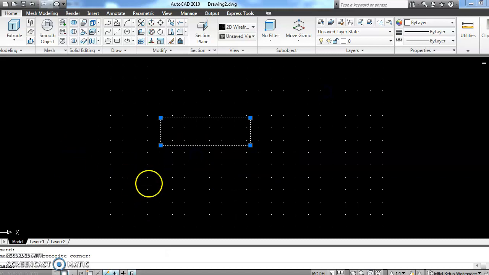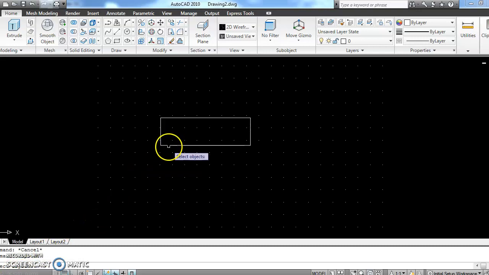That is, if I select this part of the line, I want only this part of the line to be selected. So how do I do that? For that, I use the explode command. In the command window, just type explode. Once you type explode, the next prompt asks you to select the object.